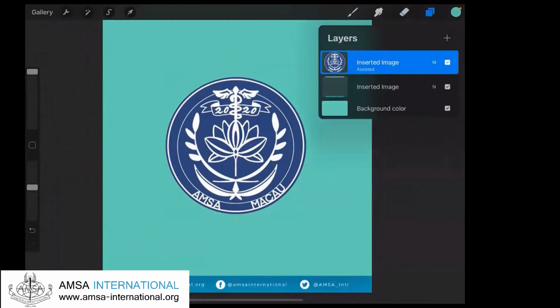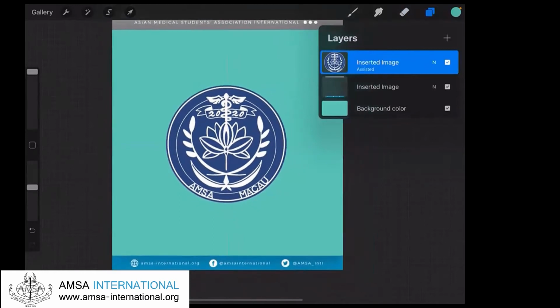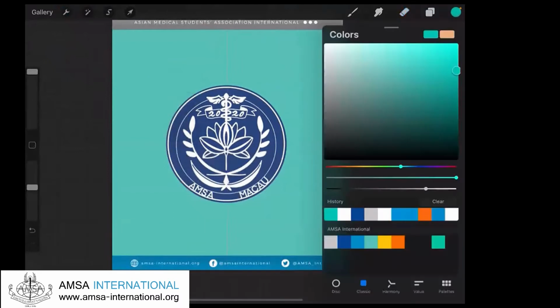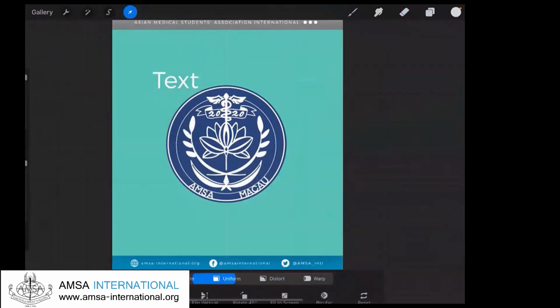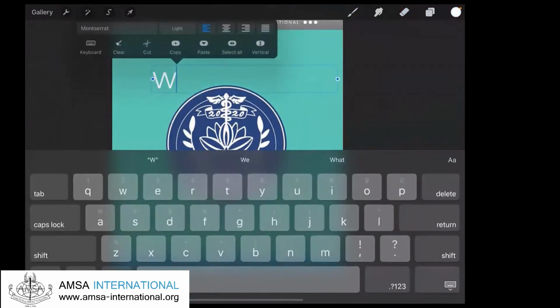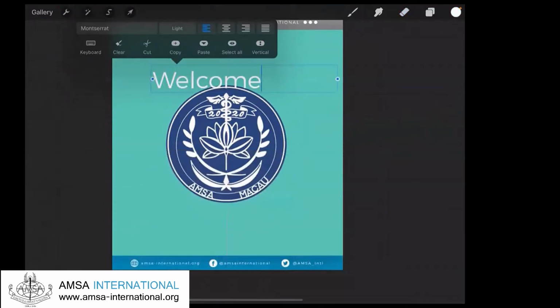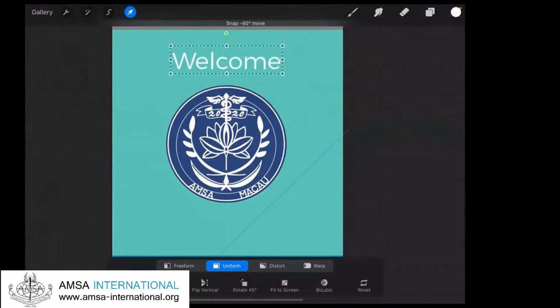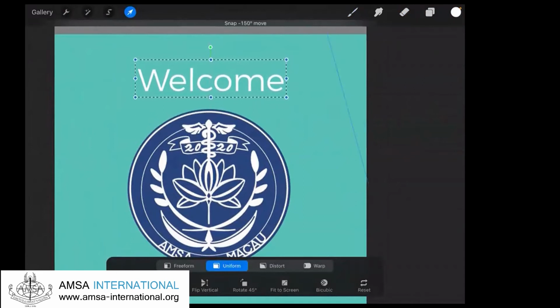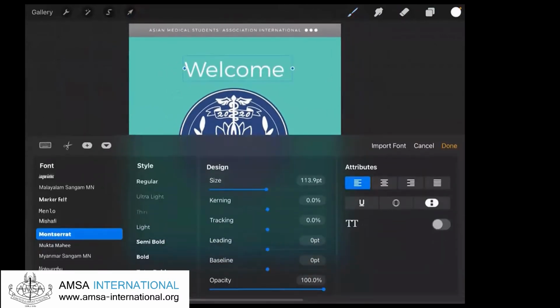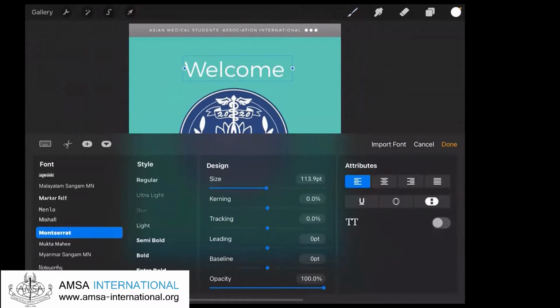Now I'm going to add some text. For this post, I'm going to say, welcome AMSA Macau. So for the top part, I'm going to write welcome. And then at the bottom, I'm going to write AMSA Macau. Again, put it in the middle to make it symmetrical. I also want to note that we're using Montserrat as the font. And it's also important that you use the right size and the right style of the font so that